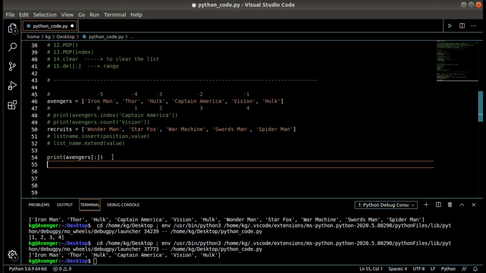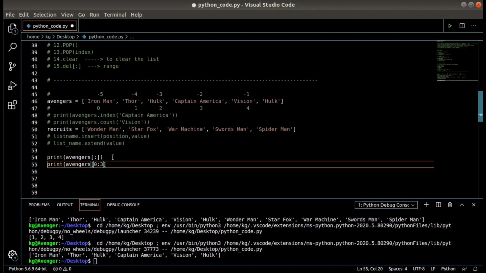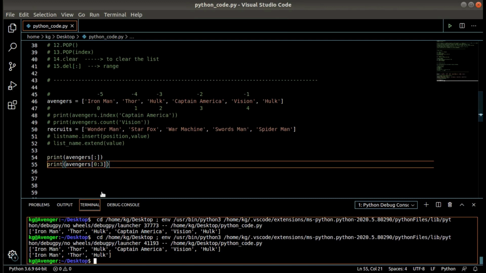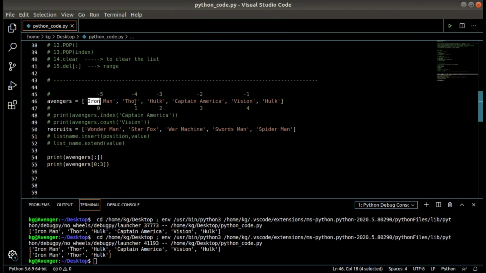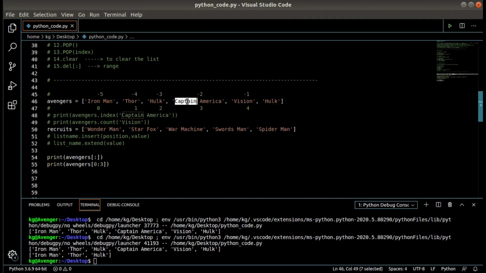So let's check what this will do. I will write Avengers, start from 0 and write 3, and I'm printing this. So I'm getting Iron Man, Thor, Hulk, but not Captain America.